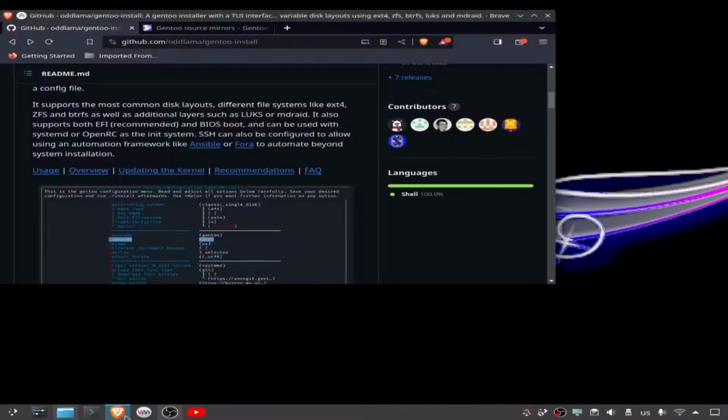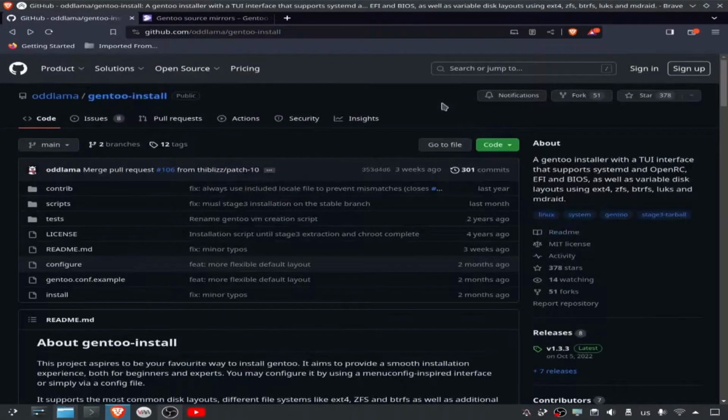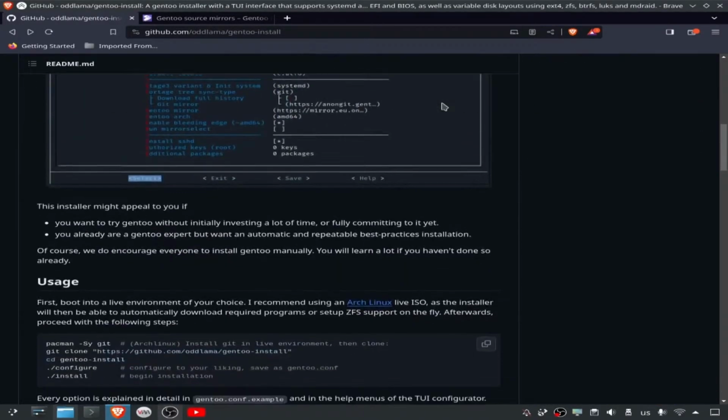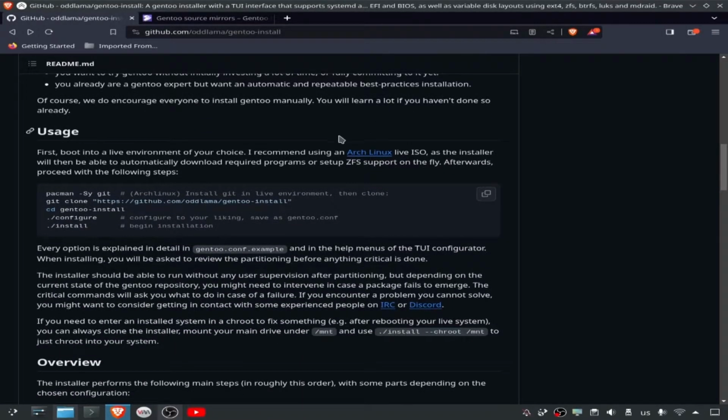First, I'm going to open the browser. This is the script installer that we're going to use. And here in this script they recommend using the Arch Linux ISO to install Gentoo Linux. So we are going to install Gentoo Linux through the Arch ISO. In this case, click on Arch Linux